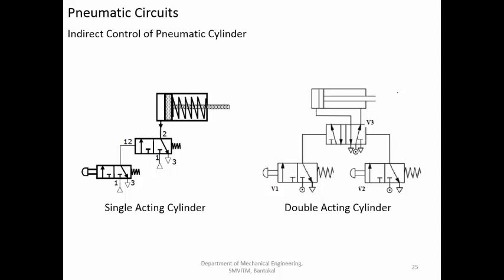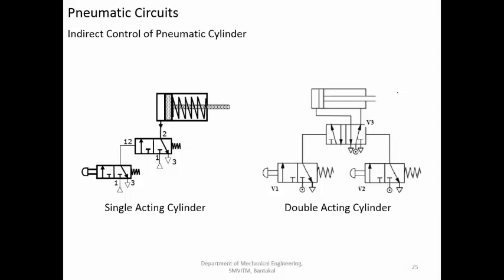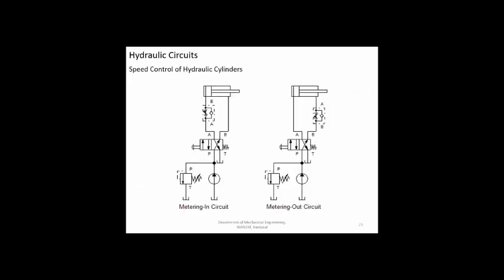Apart from that, you can incorporate logic controls. You can have AND control, OR control, and other things can be very easily incorporated if you are having an indirect control than if you are having a direct control. Now the same thing, indirect control can also be there for the hydraulic cylinder. The advantage is even if leakage happens, there is not much of a danger to the operator. If he is operating the push buttons which are connected to a very high pressure line, then if a small leakage is there, it can create a lot of problems. Next one is the speed.